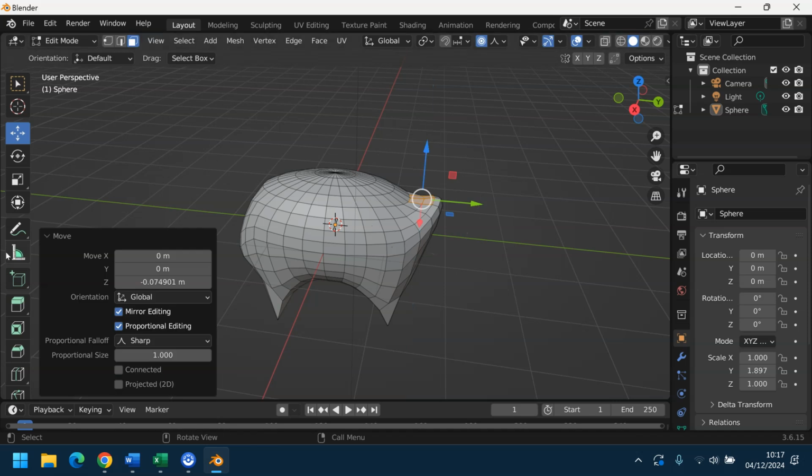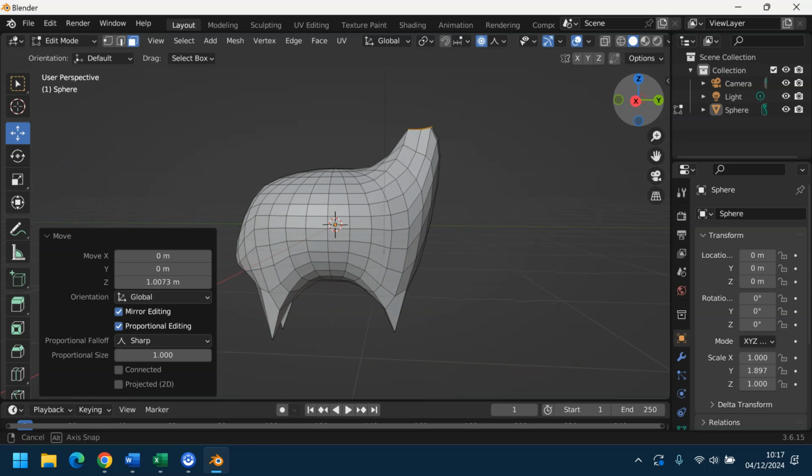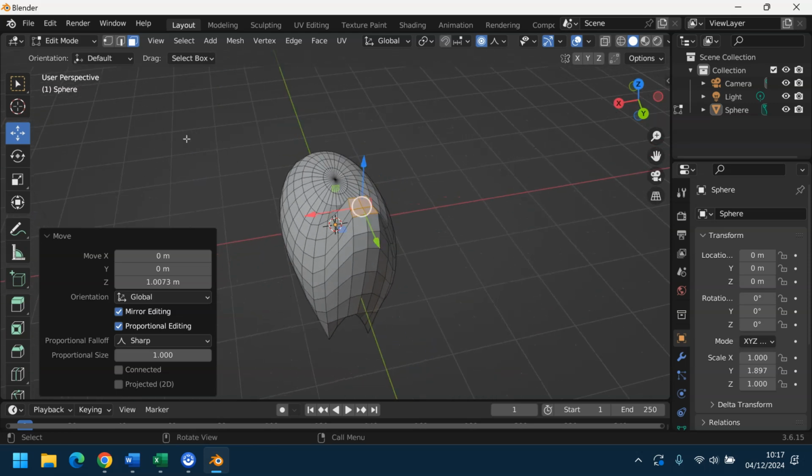So I was going to use the extrude tool, which is this one here. But with the move tool still selected, I should really change that back to smooth. But as I'm pulling that up, I'm thinking, actually, it looks quite good. So you can see I've got a neck of an animal. Now, the next thing I need to do, because I'm not going to do any more editing on this,